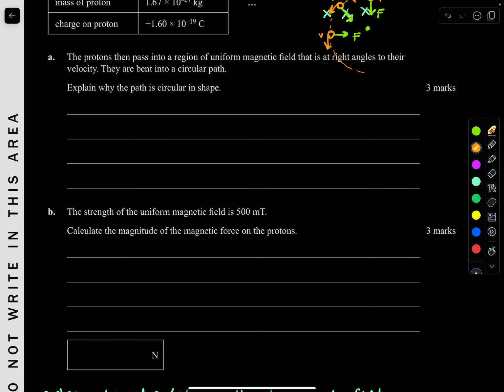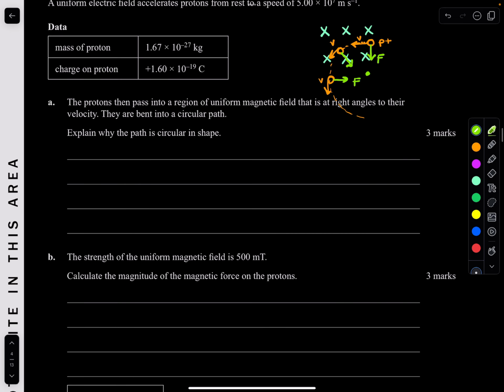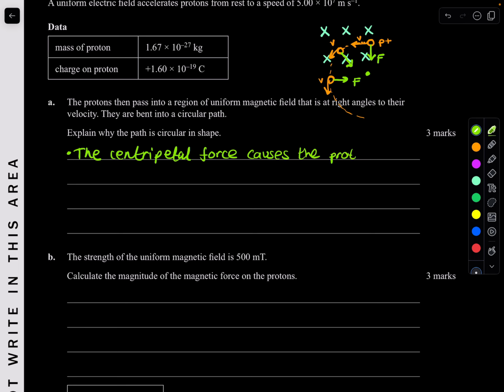Of course, in exams you don't want to write this big. I just want to be very detailed in my answers so you guys can read them and understand what's happening. So take only the important dot points from this. The next dot point I would say is: the centripetal force causes the proton to move in a circular path. This circular path continues